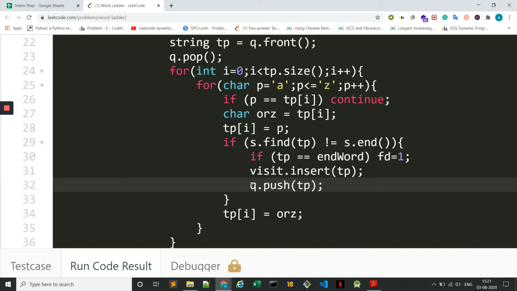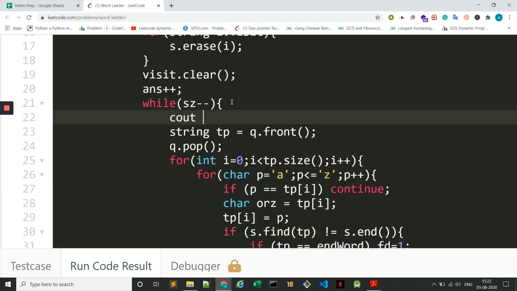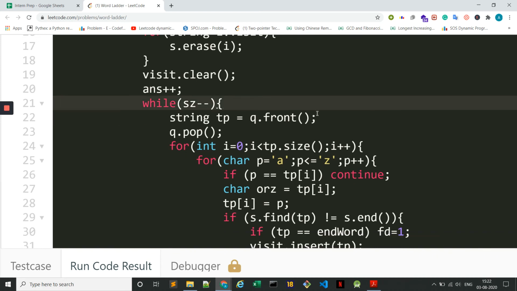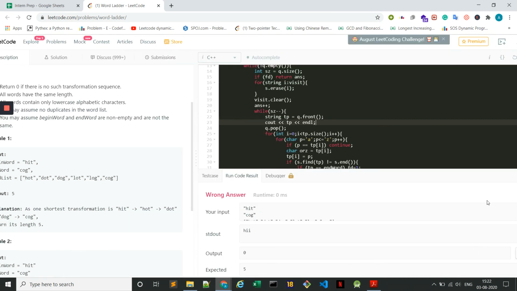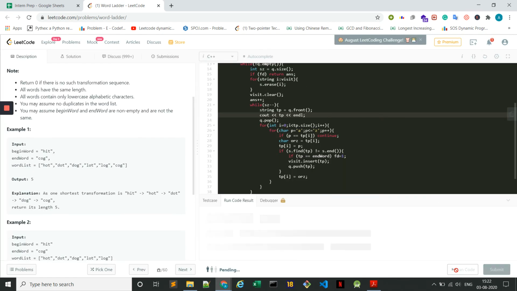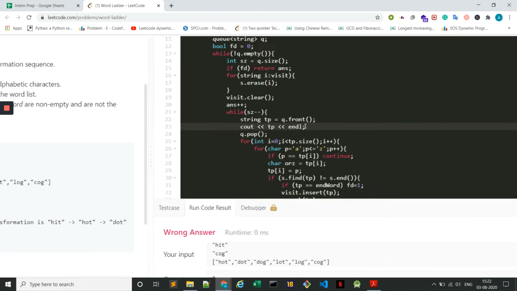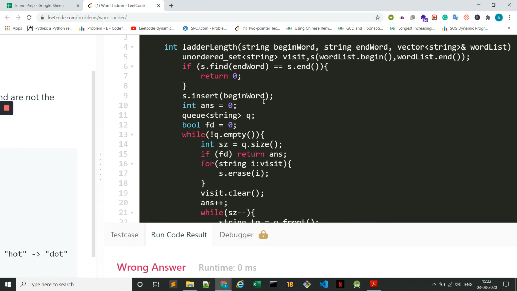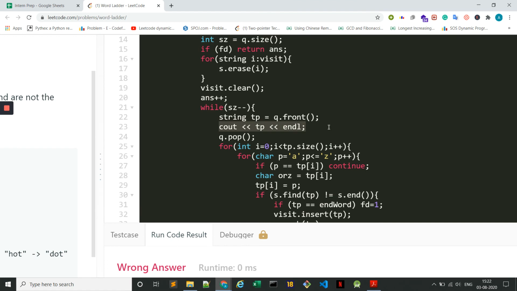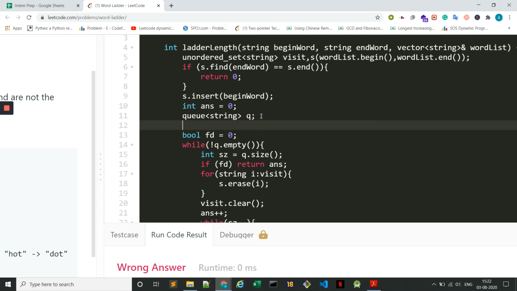I don't see any problem. Let us see what all strings we are getting from here. Oh, no strings. Oh no! I never pushed anything into the queue. That's the reason. I thought so. This was a minor mistake.